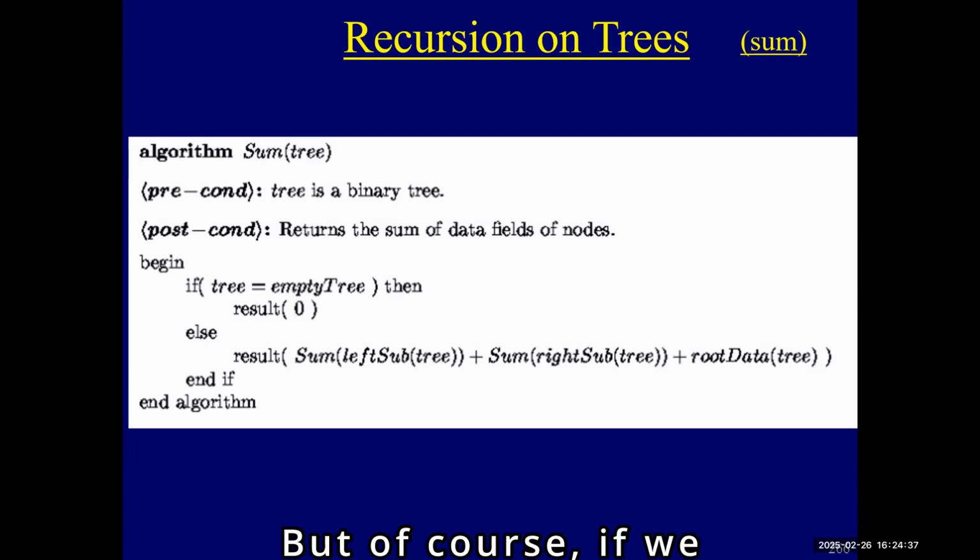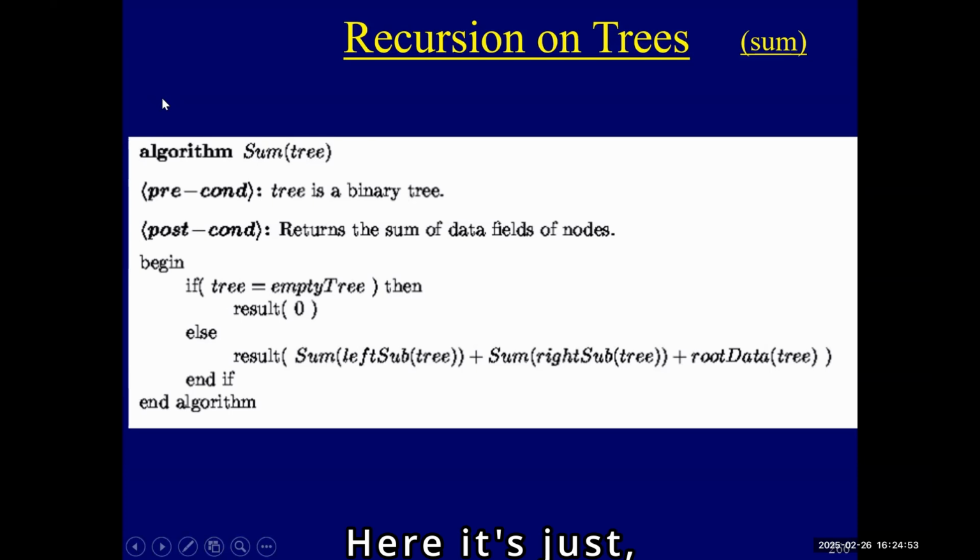But of course, if we were doing binary, what we would do here is we would have a loop over all your children here, and you sum up all their answers. Does that make sense? Here it's just, we take our program is sum. So we take sum of the left subtree and sum of the right